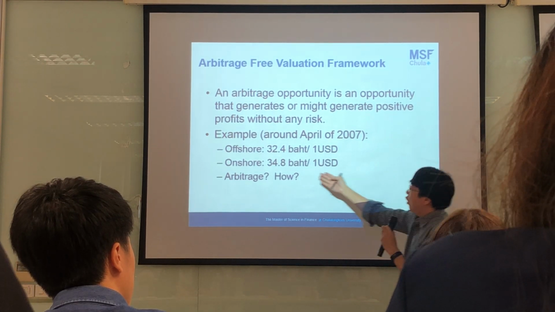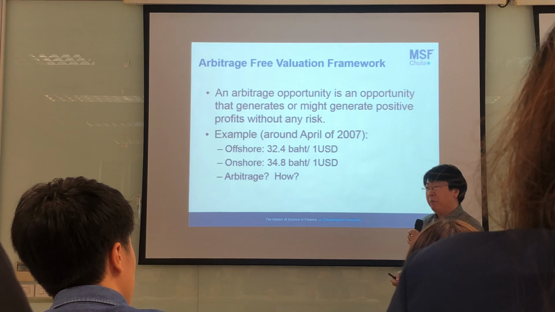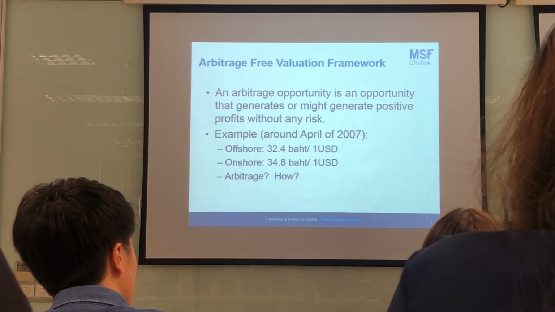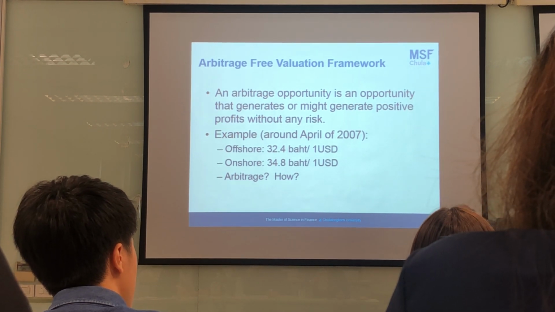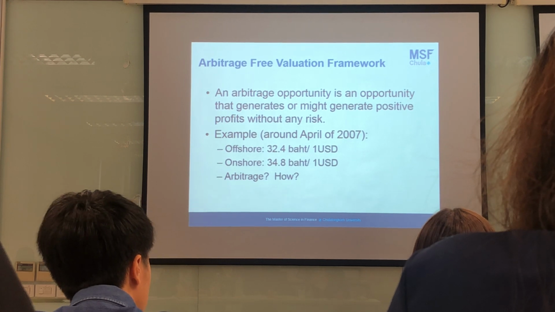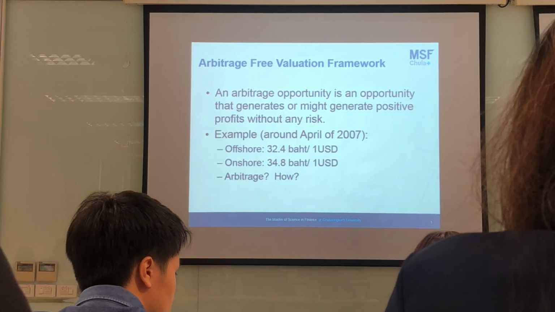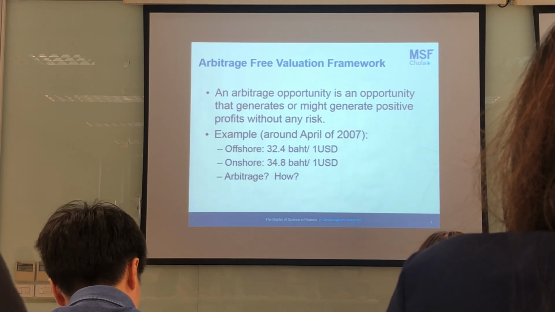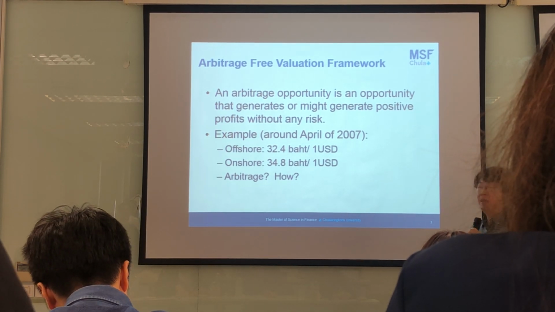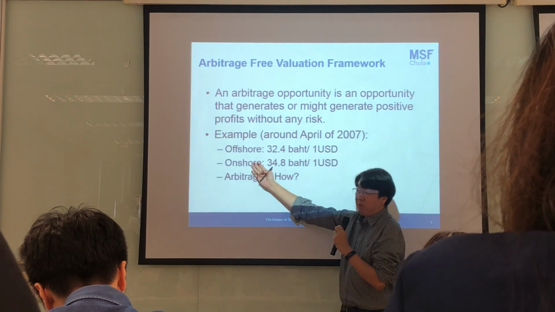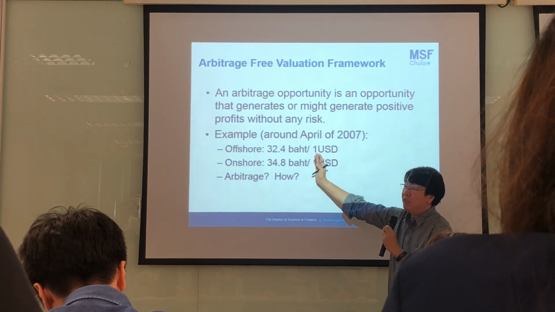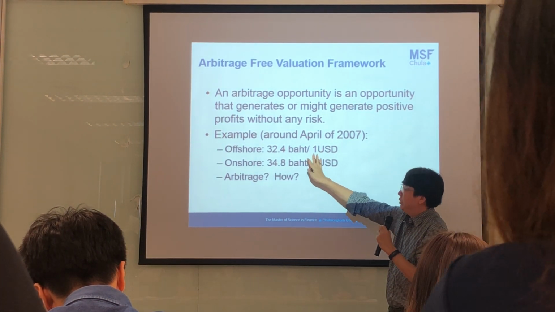So the onshore market is basically the price that occurred in the local market in Thailand. Bangkok Bank trade with Siam Commercial Bank in Bangkok, this is the onshore market. However, if Bangkok Bank Hong Kong trades with Standard Chartered Bank Singapore, this is the offshore